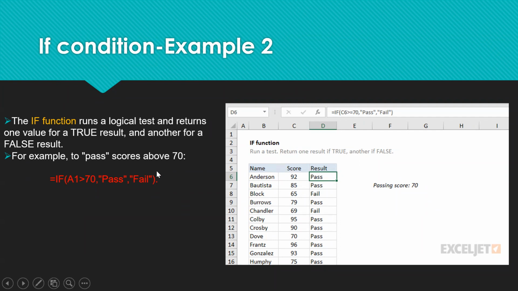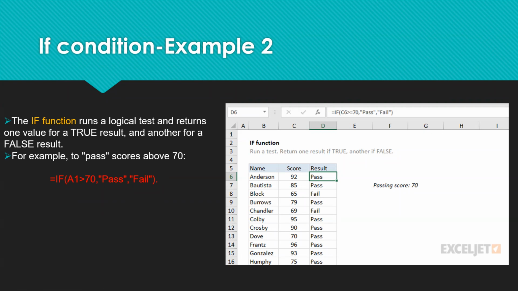The pass mark is above 70. If the person scores 70, he's going to fail. If the person scores more than 70, 71 to anything above up to 100, he is going to pass.